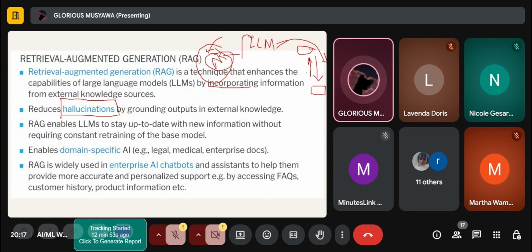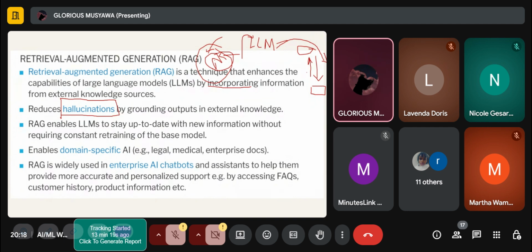So it enables domain-specific AI also. As I've said, now people have leveraged RAG in creating chatbots, because I can create a chatbot that retrieves information only from my organization's database, or maybe if you have an intranet, or what are called document management systems.